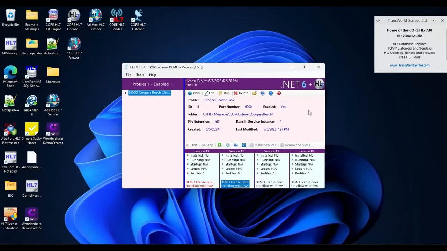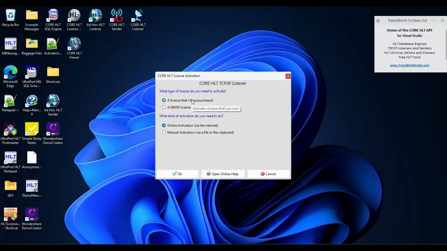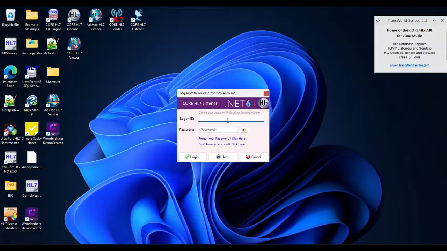So let's activate it. To activate my permanent license, back in my core HL7 listener, I just click on the File menu, activate a permanent license. I want to activate a license that I have purchased, and I'm going to use online activation. Now, I could use manual activation if this computer was not connected to the internet. Okay, I put in my credentials